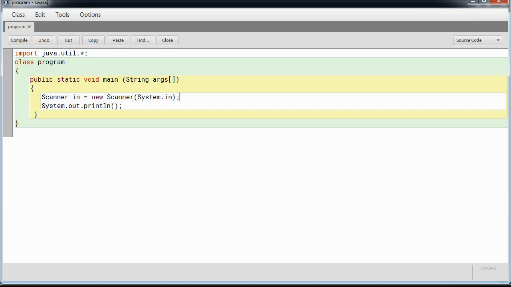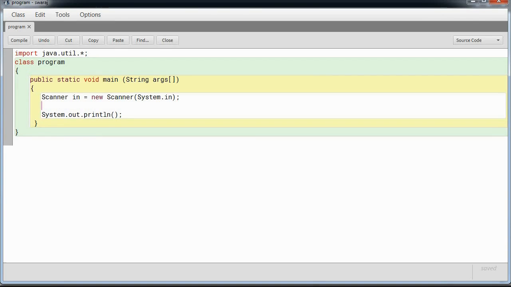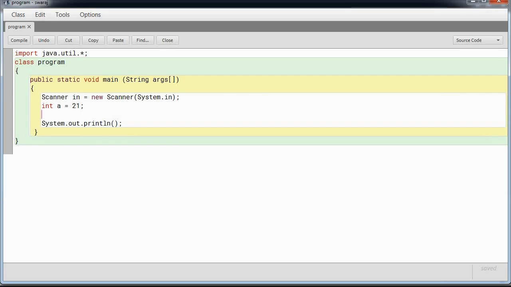As you can see on your screen, I have written the basic program with header files and declared the Scanner class. Now we will write a main program. Let's start with int a = 21;. I have initialized the variable a with the value of 21. Now we will find its cube root using the statement double c = Math.cbrt(a); with the variable which has the value, which is a in this case, and a semicolon at the end.